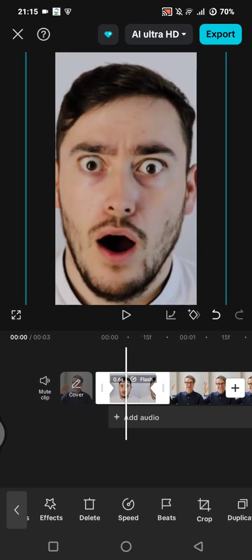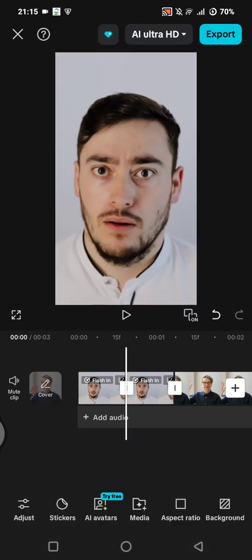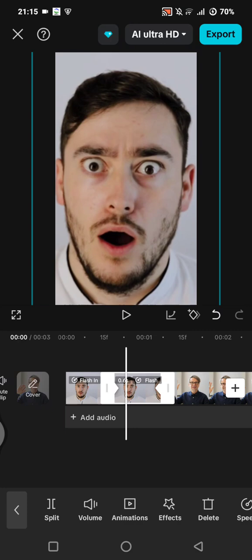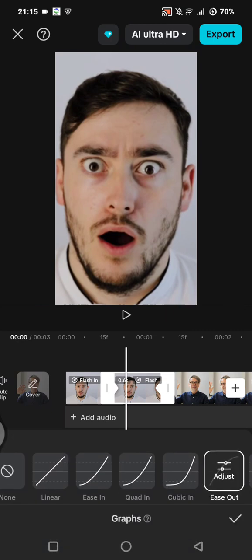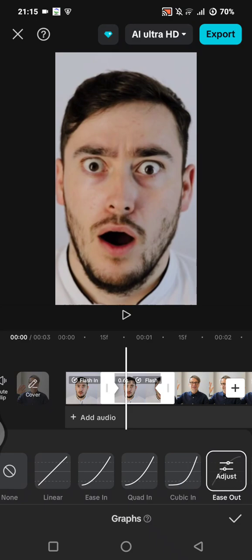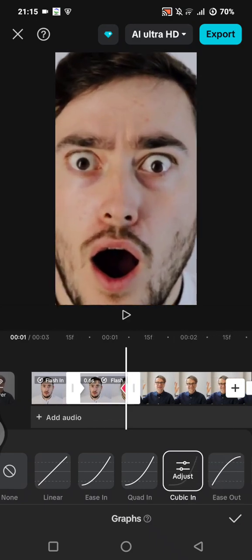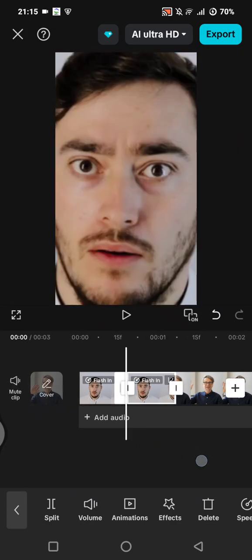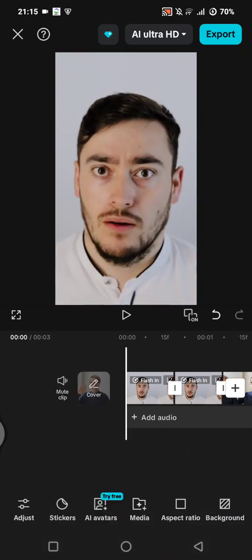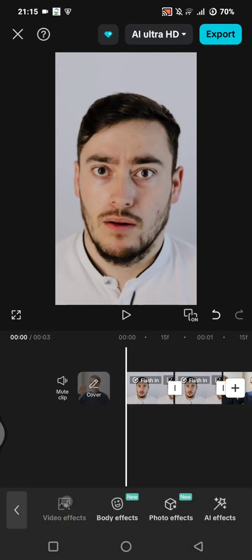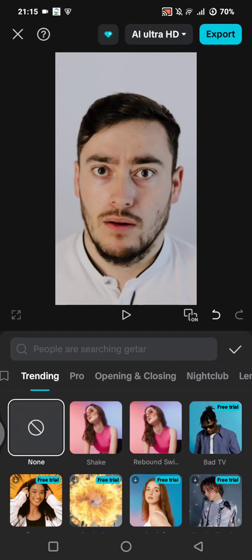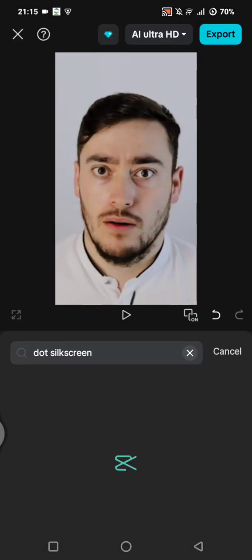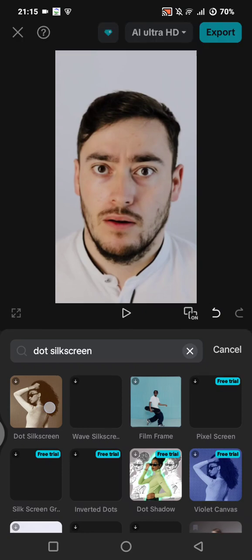Now duplicate the clip, and here on the second one, on the duplicate version, click on the grabs again, and this time you can choose the cubic in grabs. And then you can go to effects, video effects, and add the adult silk screen effect, this one in here,